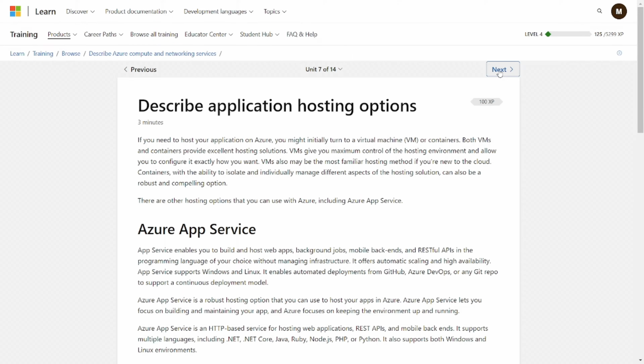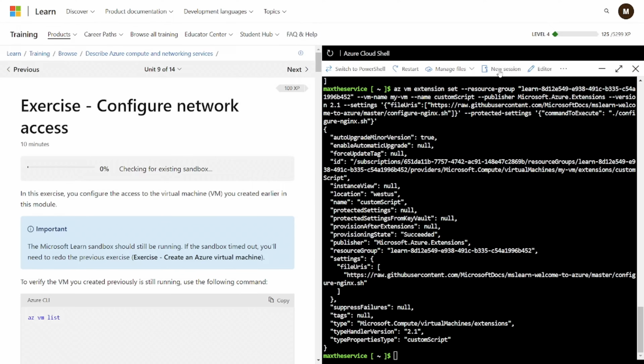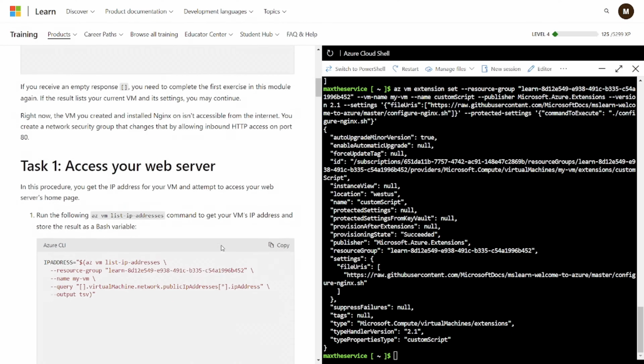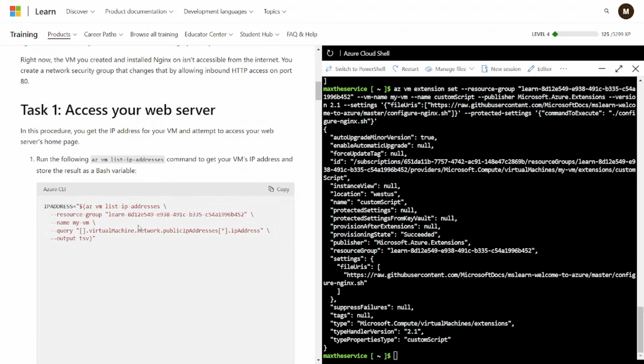Then we will be moving to our last exercise. Here you can access your web server. For that you need to run this command. First you want to query the IP address. What is the IP address available with my virtual machine, and please don't forget to also mention the resource group. Under this group, all resources created will follow all those rules applied to this resource group. Okay, if I copy and run this command,